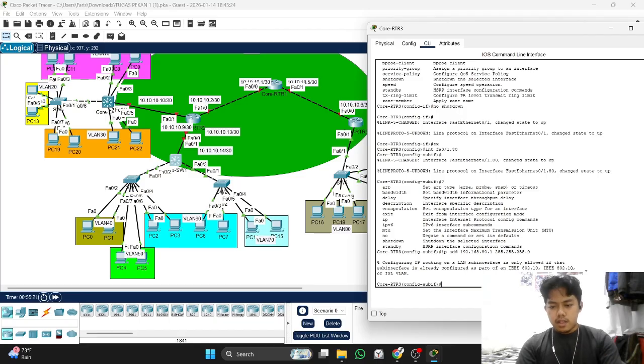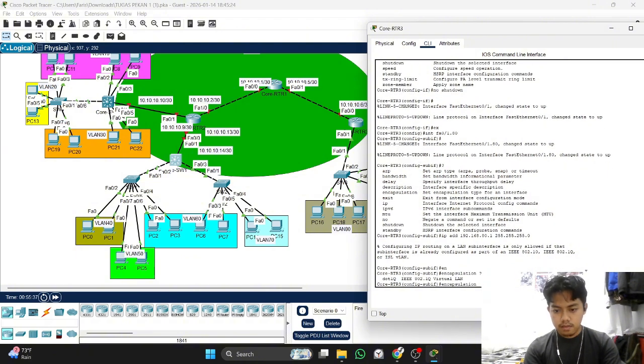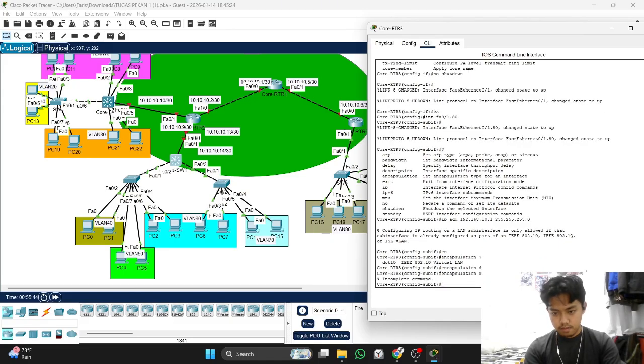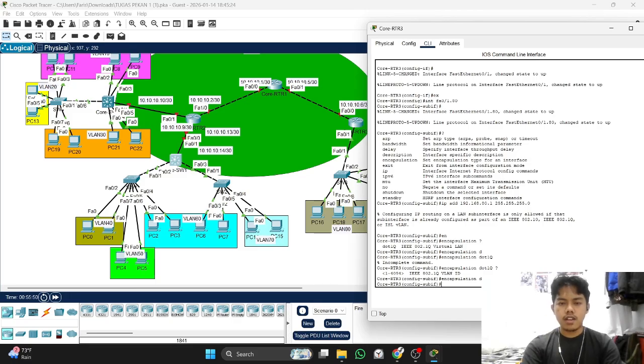Before we create the IP address, there is some configuration: encapsulation dot1q 18. Then we create the IP address.